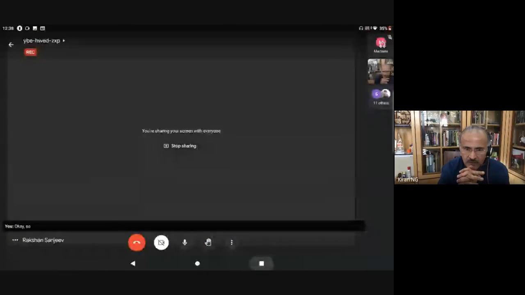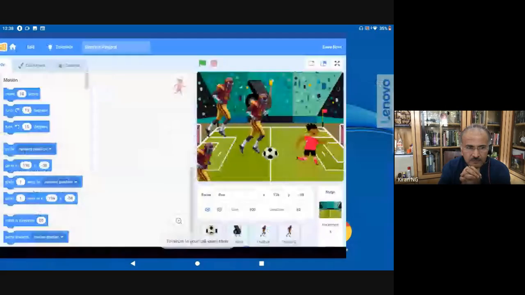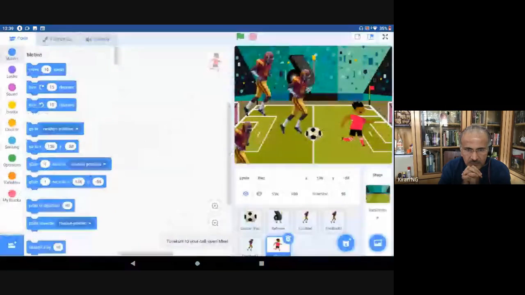Then we can import that. Sir, can you see? Not yet. I'm not quite good at that. Wonderful. Rakshan, I'm not able to see. Okay, sir. Yeah, now it's coming.